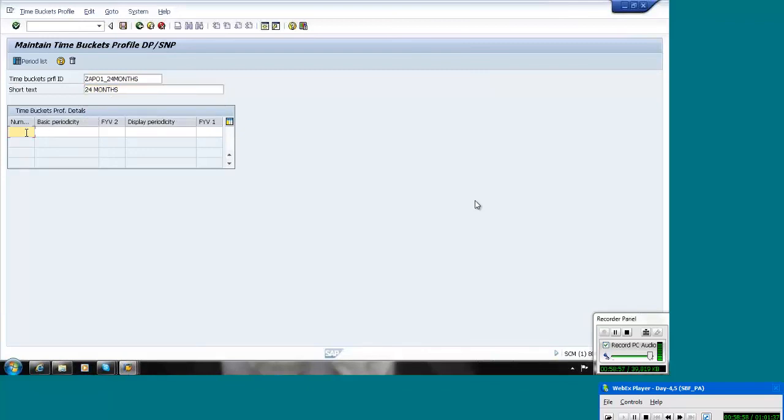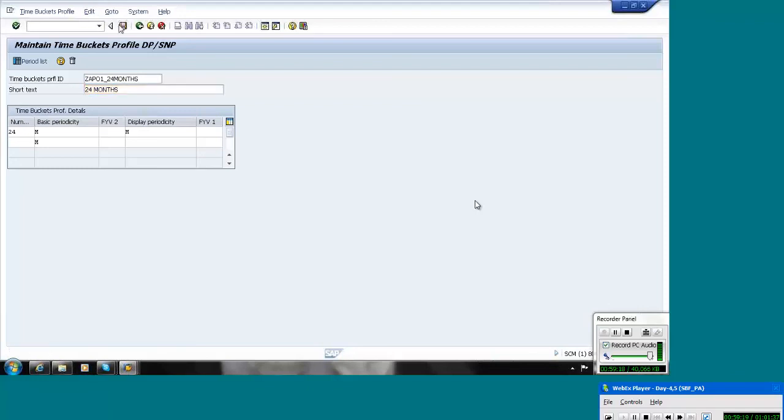Total number 24, basic periodicity month, and display also month. Just give this. So if you use the same bucket for the past and the same bucket for the future, then you can see 24 months past data and 24 months future data in the interactive planning table.